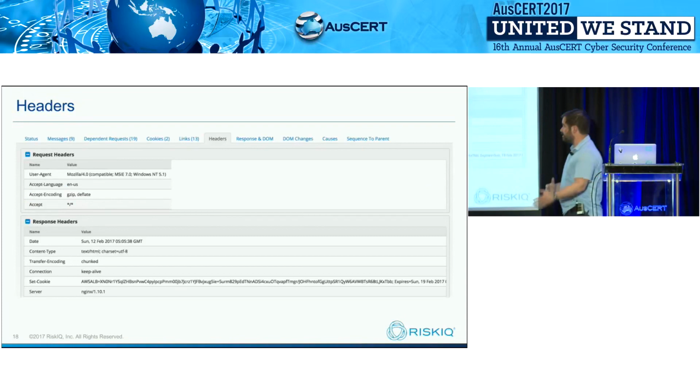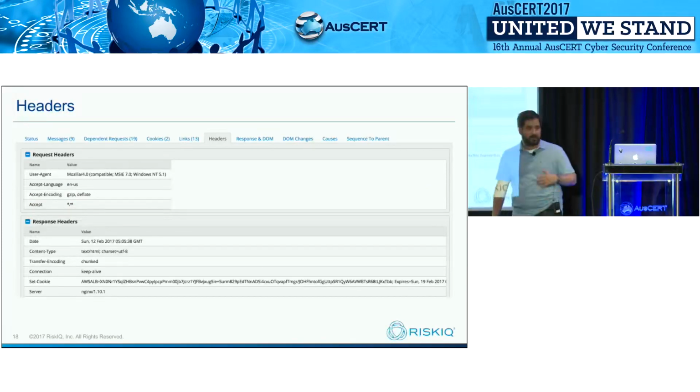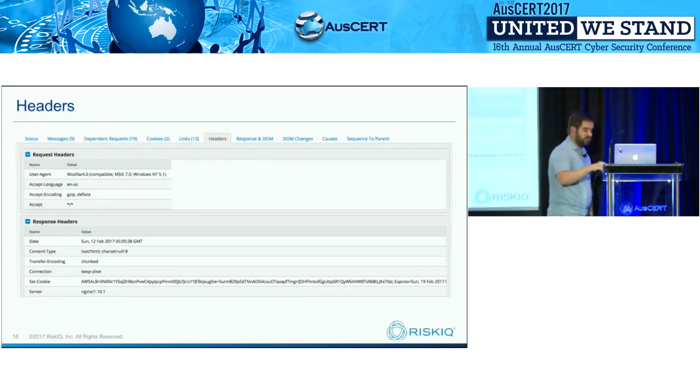Headers. How do we handle the interaction between the request that's being made from the browser and our server? This header information comes with user agent strings. It lets me know what browser you're using, maybe what operating system you're using. It gives me information that I can use to make sure that I'm displaying the page appropriately.